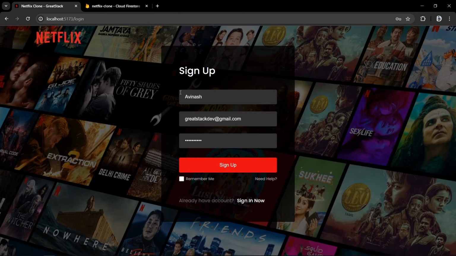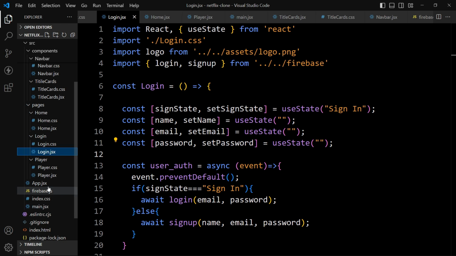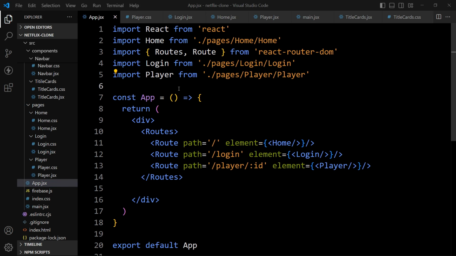Now after sign up, it should redirect the web page to the home page. So let's come back to the web page, and here we will open this App.jsx file. In this one we will use the onAuthStateChanged method. So first we will import that.